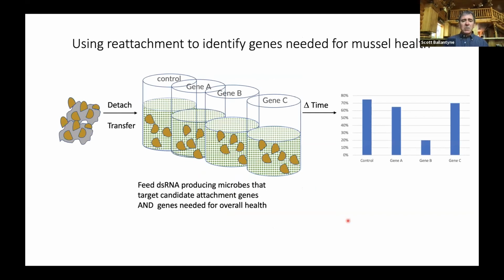So to think about how this could work, I made this slide. The basic idea is we would take our microbes that are targeting various genes, here gene A, B, and C, and we'd substitute them for the copper in the previous experiment. And so we'd put them in, and then we'd ask what happens to reattachment in the presence of these various microbes. Everything on the right here is hypothetical, but if we see gene A and gene C attaching about the same as control, we're not real happy. But if gene B gives this reduced reattachment, essentially behaving like copper, that gets us excited.